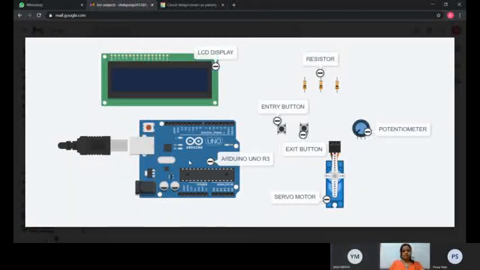So, our project topic is parking locator and automated gate opening. And the members of the group are Pooja Shah, Yash Mehta, and Anushka Sawant. And for simulation, we have used Tinkercad Simulator. This project is a smart parking system that provides an easy way of locating a parking space without much effort. Our proposed system also consists of an automatic door opener system, which automatically opens the gate. So the components used in these are as follows.